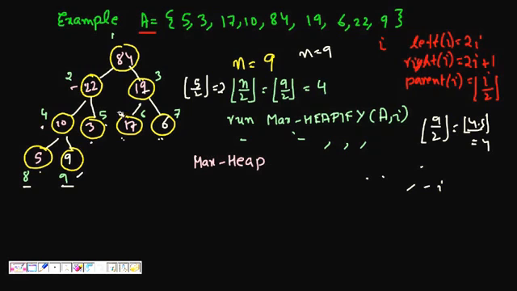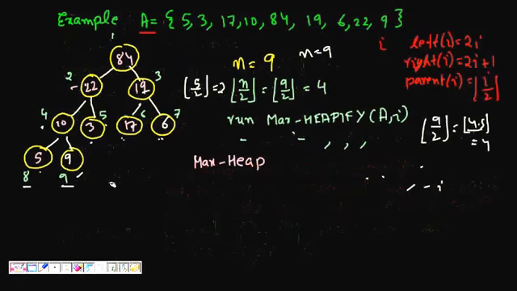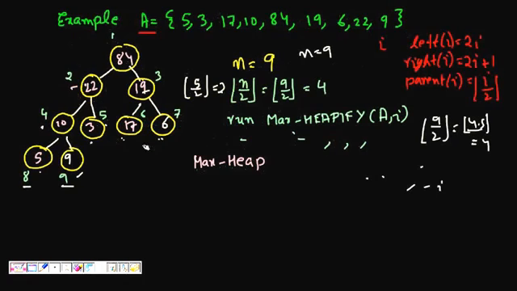Okay, so the max heap property is getting satisfied here, and now we will look at the running time. We understood the procedure, what the build max heap is doing, so now we will try to find its running time. One thing we know is that max Heapify